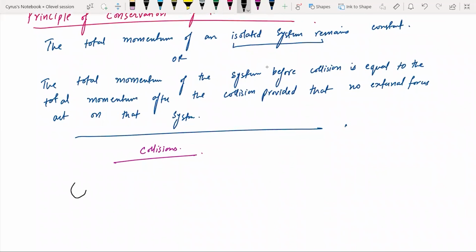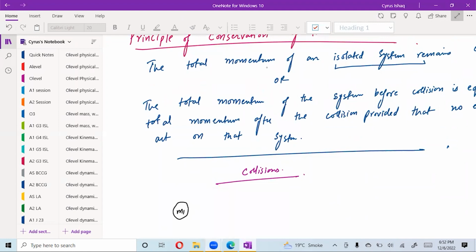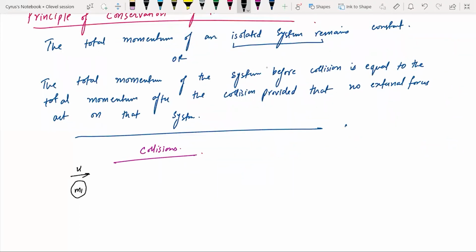कोलिजन्स में एक और चीज होती है that if I have a mass m1 here, this is u1, this is another mass m2, this is u2, and for example they join and they stick together, ये दोनों जुड़ जाते हैं। जैसे किसी ने बुलेट फायर किया और बुलेट जाके किसी वुडन बॉक्स के अंदर एम्बेड हो गई है और फिर दोनों इकट्ठे मूव करें, इसको हम कहते हैं परफेक्टली इनइलास्टिक कोलिजन।